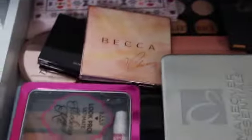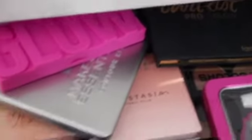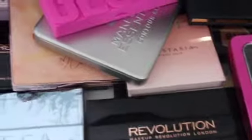This next drawer is basically all of the above in the top drawer, but in kits. So we've got like the Becca Chrissy Teigen original set. We have a Lorac California Dreamin'. We have the Anastasia blush kit. We have the Tartiest palette here, LA Colors, some Maybelline, Juvia's Place back there, Hard Candy, Makeup Revolution, more the Becca Holiday from last one is Sephora, more Tarte back here, more Lorac back here. So this is again just basically my blushes, my bronzers, my highlighters that all come in actual palettes because they